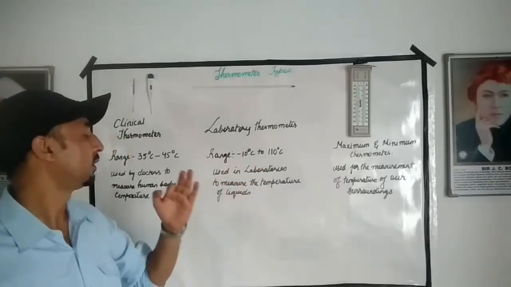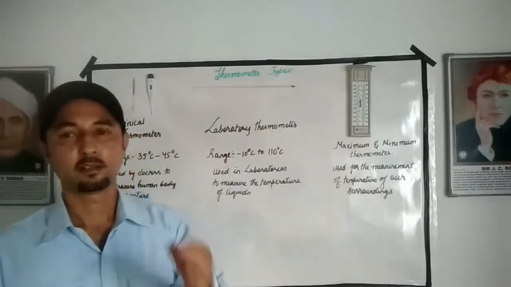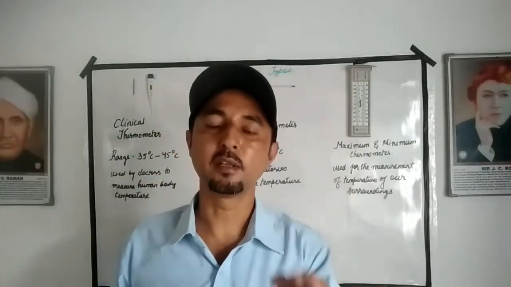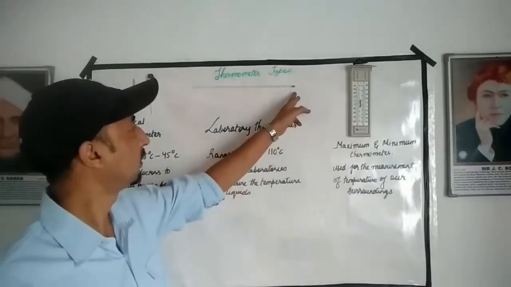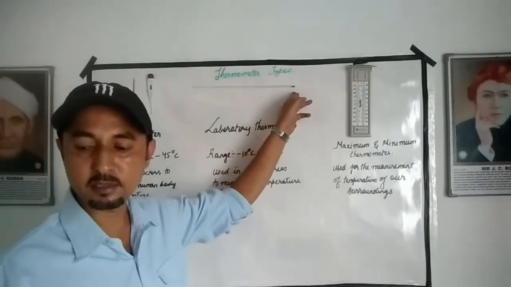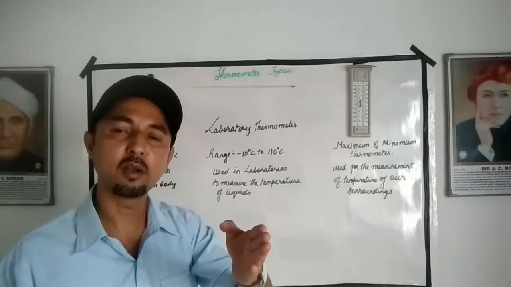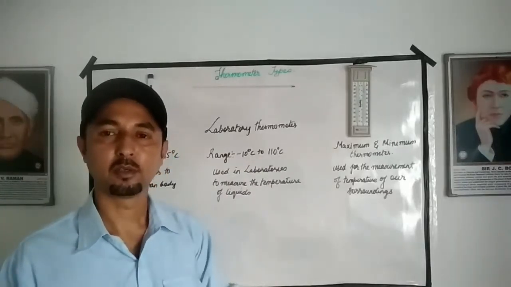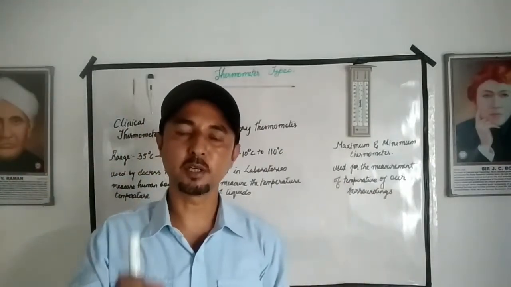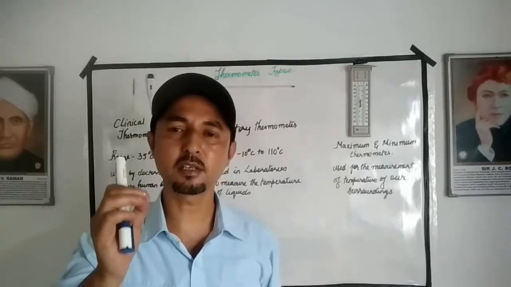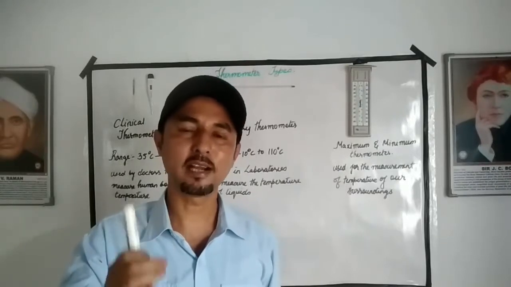However, the common thing here in all these thermometers is that they are filled with mercury. However, laboratory thermometers can also have alcohol filled inside the bulb, which I have already discussed with you. Laboratory thermometers may also have alcohol because alcohol does not stick to the walls of the glass. Hence, alcohol is also used rarely these days.